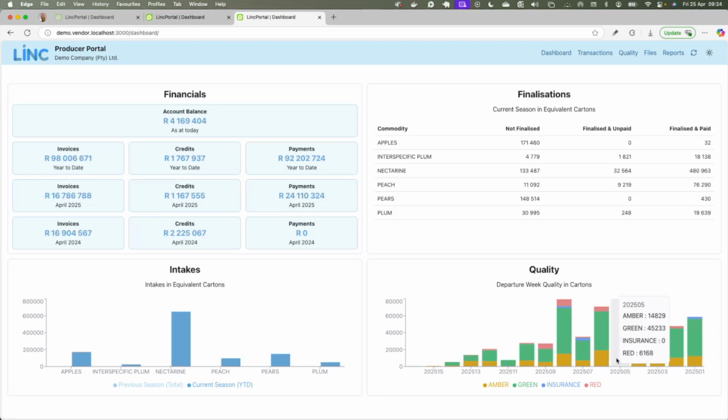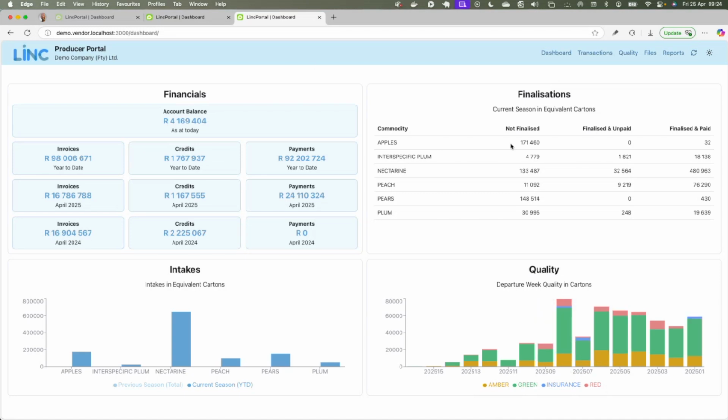And then some quality graphs of the last 16 weeks or so. We can increase this if needs be, just per week, what the mix between amber, green, red, etc. quality codes are in all of the quality reports that you've recorded for this producer. By the way, these quality classifications are driven from your setup in ProduceLink in Business Central. So if you don't use amber, green, and red and whatever, this will actually show your specific quality codes and show the ratios of those per week.